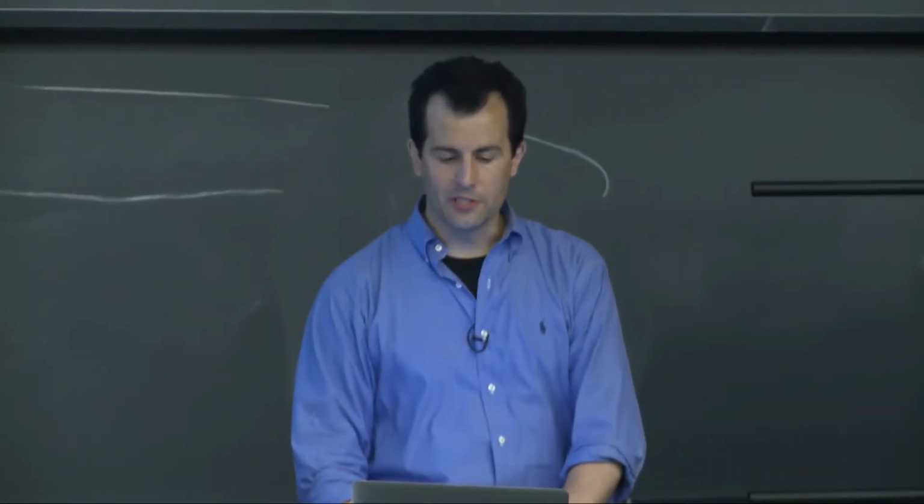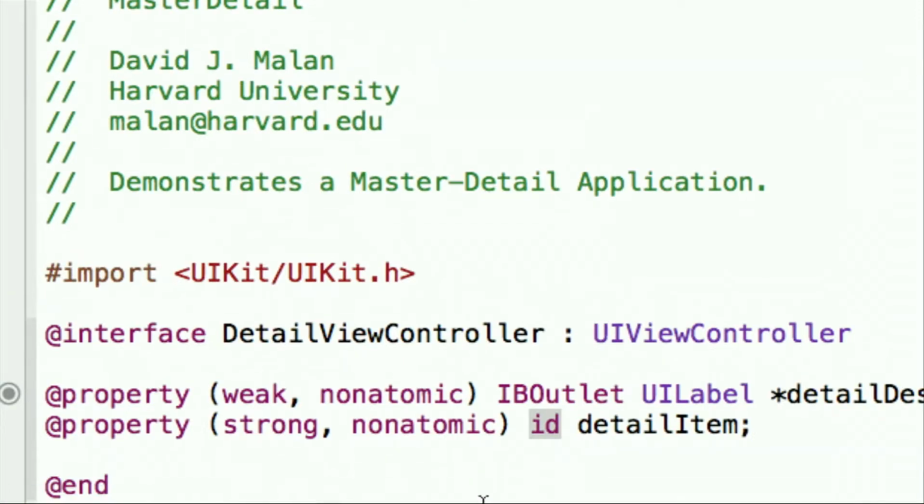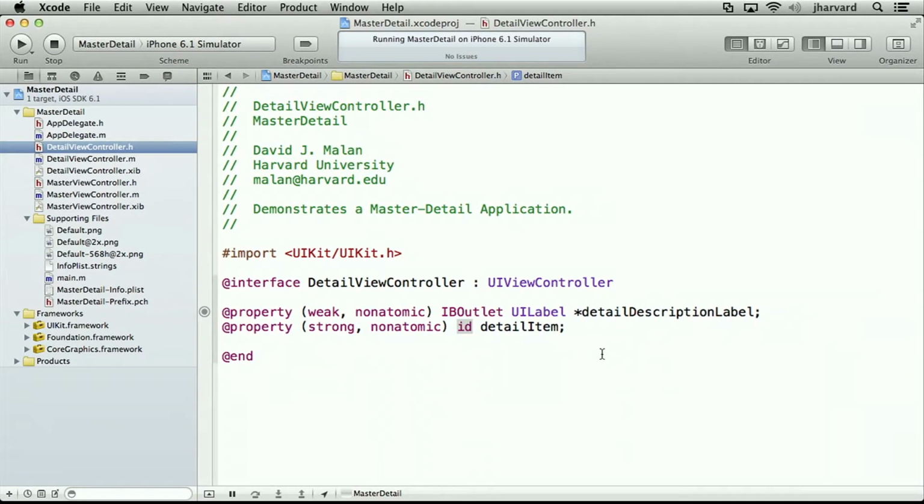Okay, so that's why it's weak. Yes. Oh, I'm sorry, I missed that part of the question. Yes, so if we go into detail view controller, we have seen a slightly different feature here. These attributes associated with properties. The reason that this here is weak is that we do not want the,